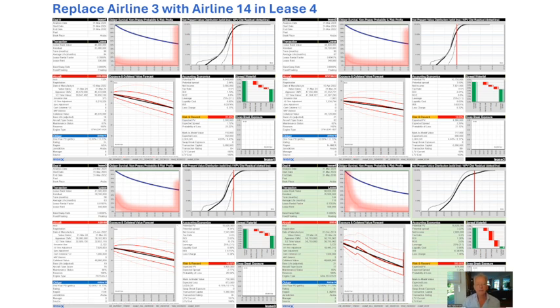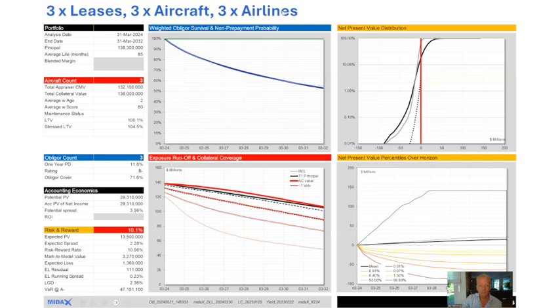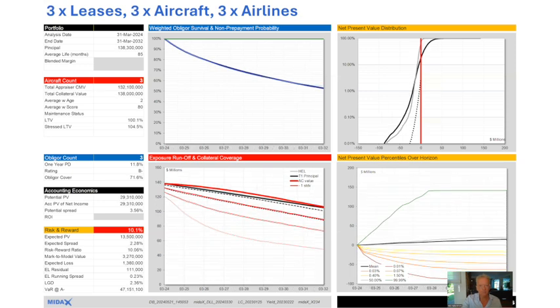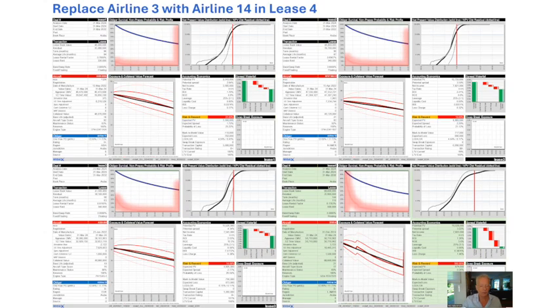All right. And now I will compare by replacing airline 3 with airline 14 in the 4th lease. Okay. So now this is the portfolio results, what I run. These are just effects of diversification. I have 3 leases, 3 aircraft, and 3 airlines. Okay. And then you can see, sorry, I have to go back. The scrolling is kind of funny here. I have 10.1% risk reward ratio